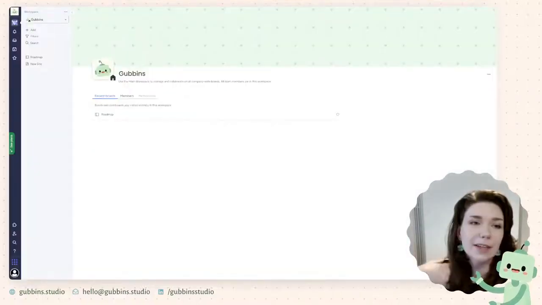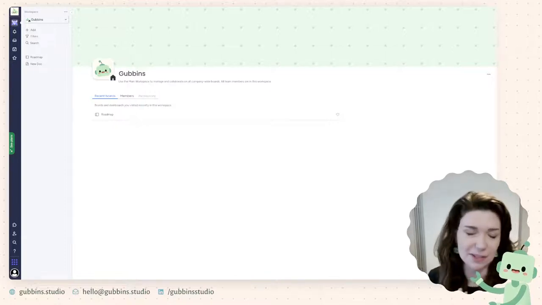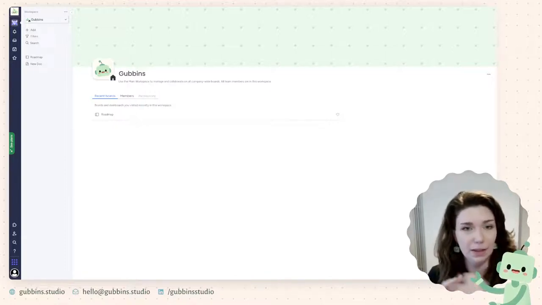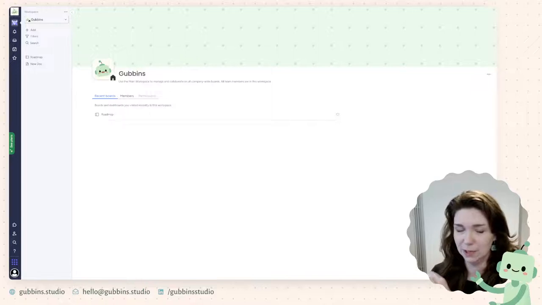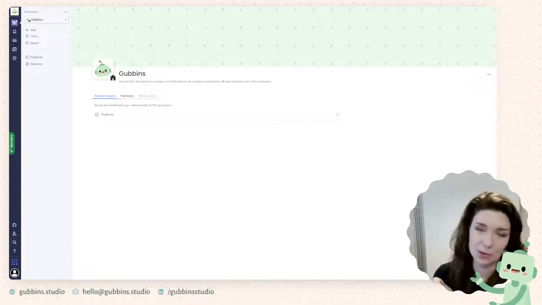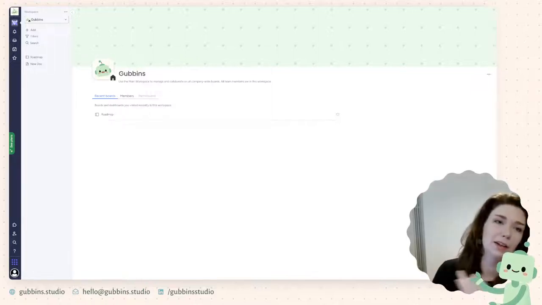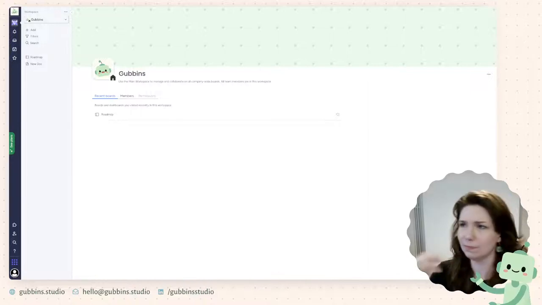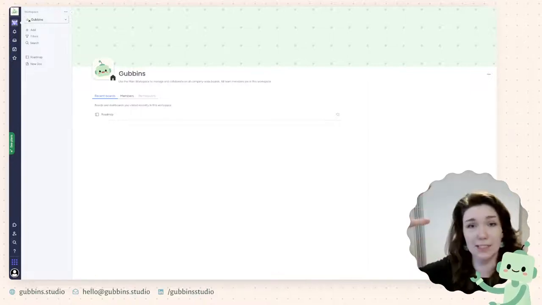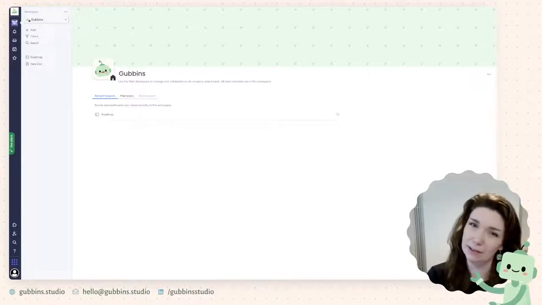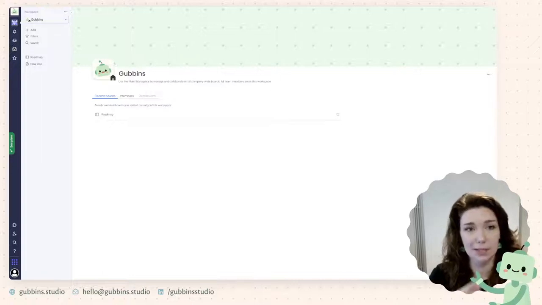So Monday is again a collaboration space where you can track projects you're working on, tasks you're working on, and then it also has docs in the same way that ClickUp has docs. So being able to keep all of your documentation within the same space rather than linking outside. Trello does not have that, Asana does not have that, but ClickUp and Monday.com do.